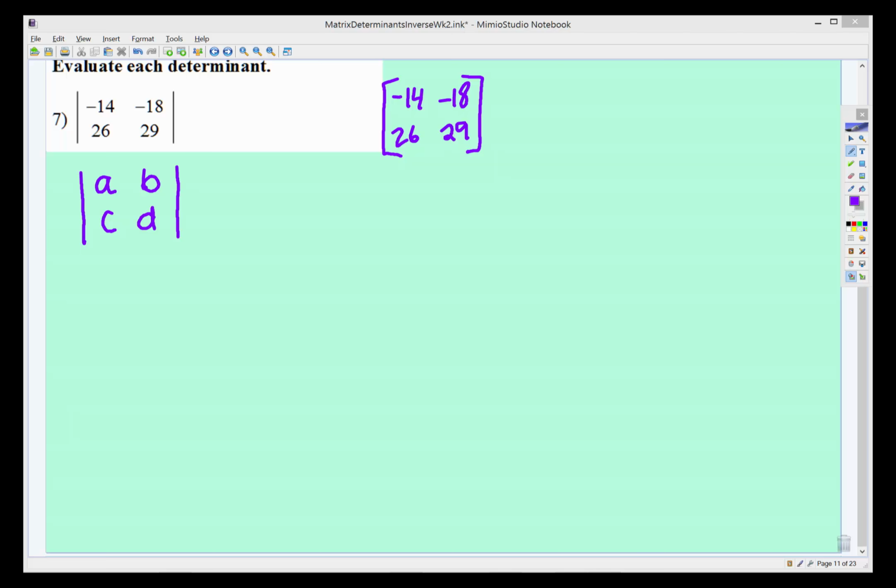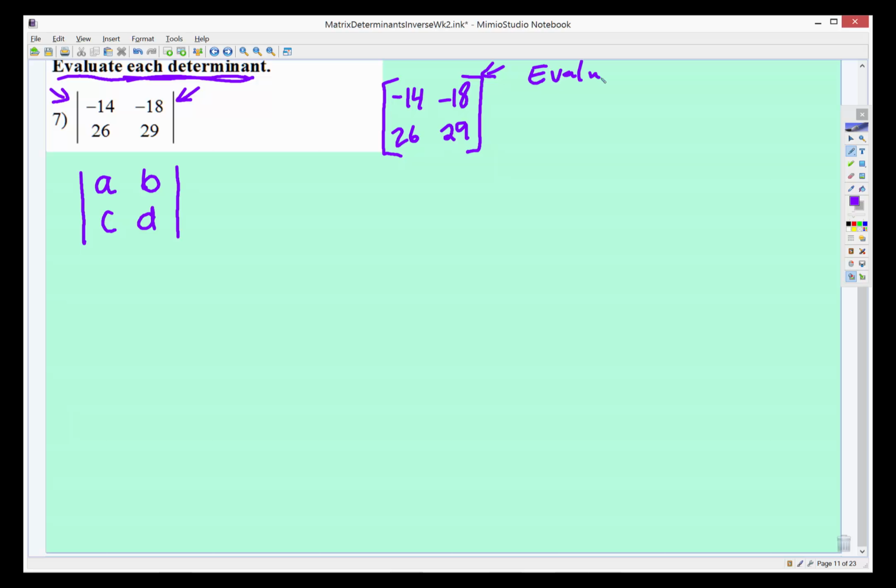Okay, now we're going to learn how to evaluate a determinant. Notice the notation. See how these look like absolute value bars? When you see what looks like a matrix but with absolute value bars, it immediately is telling you to evaluate the determinant. Or you may have a matrix in matrix form, and then the written instructions will be